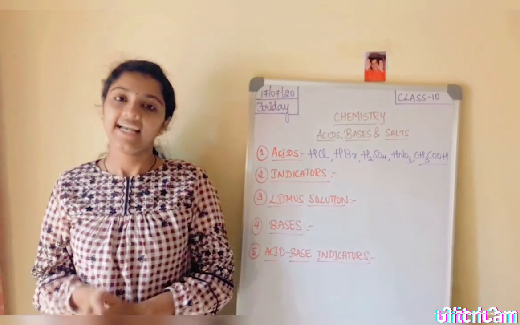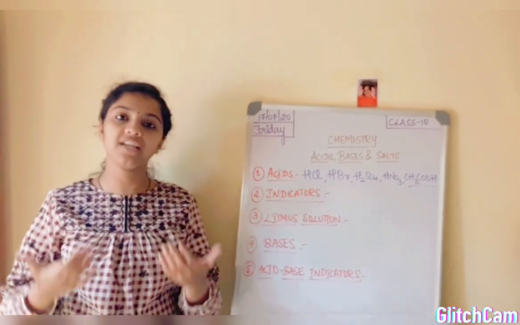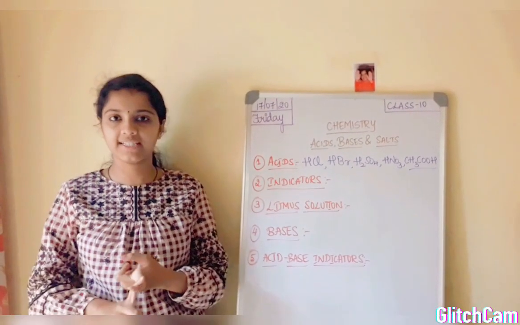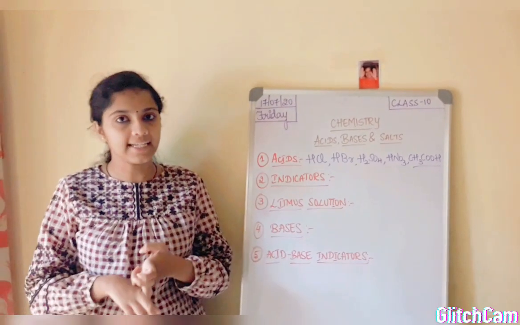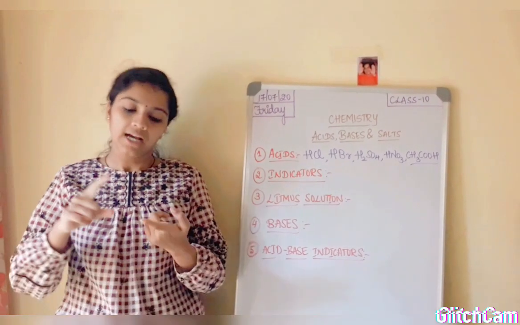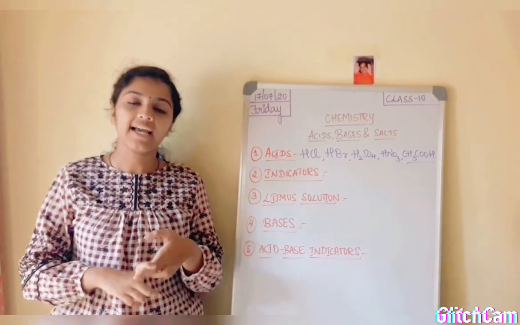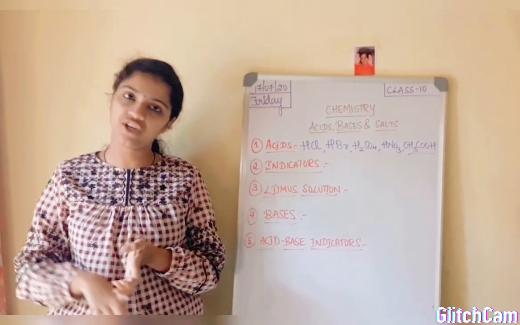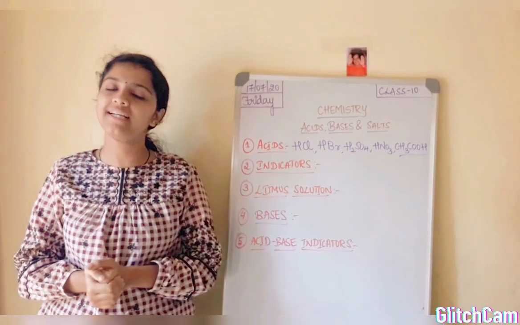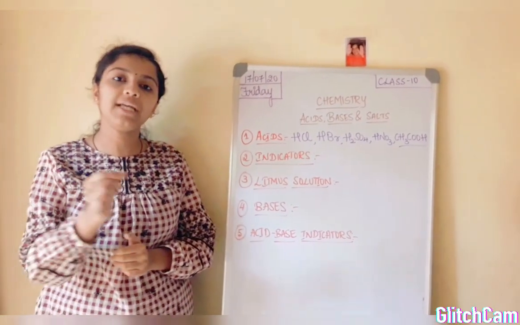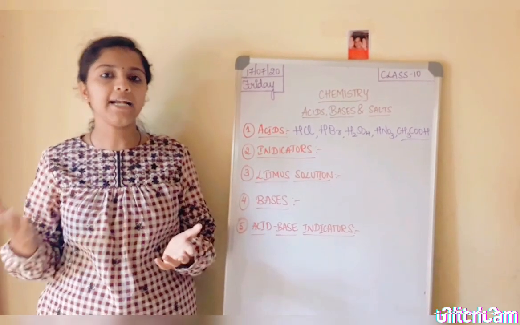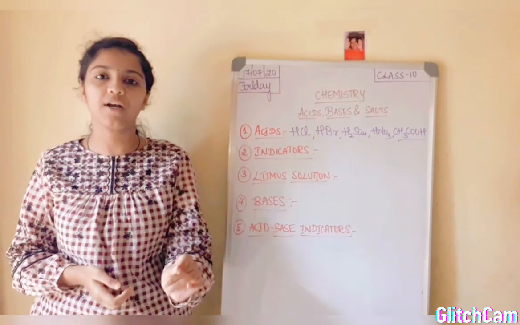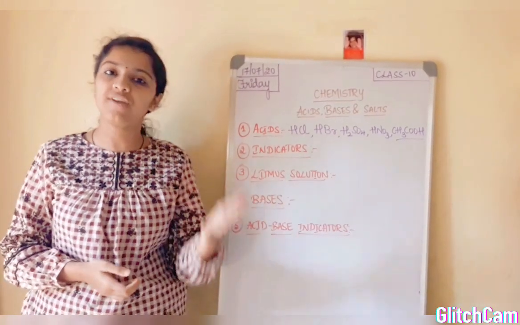Next, indicators. Indicators are those substances which change their color in different types of substances. Now there are mainly two types of indicators. Firstly, natural indicators and synthetic indicators. Natural indicators are red cabbage leaves, beetroot extract and the petals of some colored flowers like rose, hydrangea, petunia, geranium and turmeric. Turmeric changes its color in acid and basic solutions. That is why indicators are called indicators: they indicate the presence of acids and bases in different types of substances.